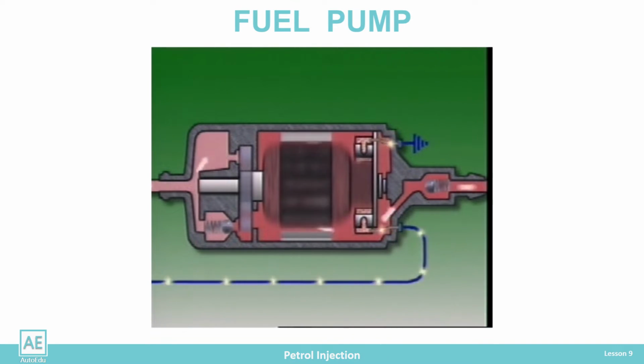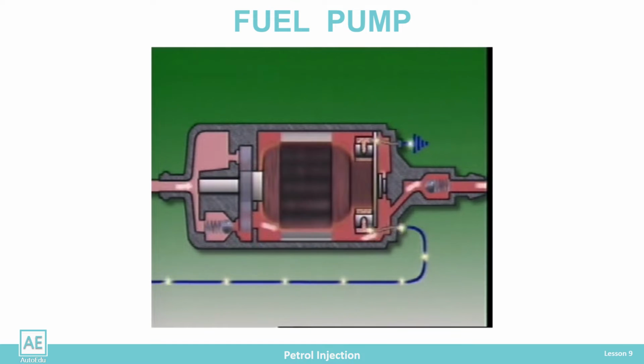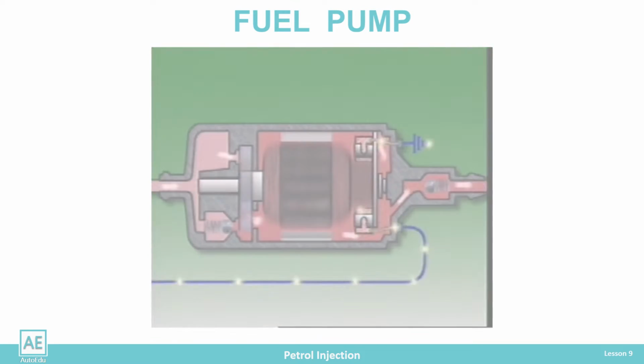Delivery volume from 60 to 250 liters per hour. Fuel system pressure from 300 to 600 kilopascal, that is 3 to 6 bar depending on the injection system. Creation of system pressure already at 50 to 60% of nominal battery voltage, decisive factor in cold engine start.